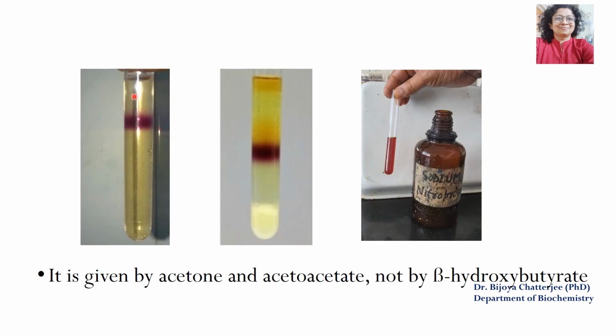So, this is how it looks. This is the sodium nitroprusside, and this is how the reagent looks. This is the urine sample, which is saturated with ammonium sulfate powder, and after saturation, the sodium nitroprusside and liquid ammonia are added to it. On addition of these chemicals, a ring is formed at the junction of the two liquids, and this purple ring indicates the presence of ketones in the urine sample.